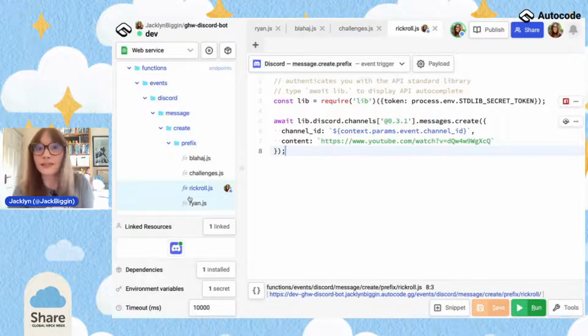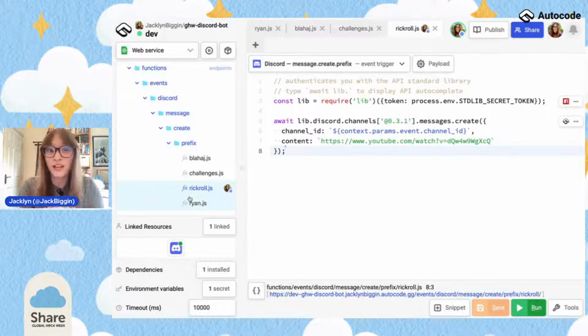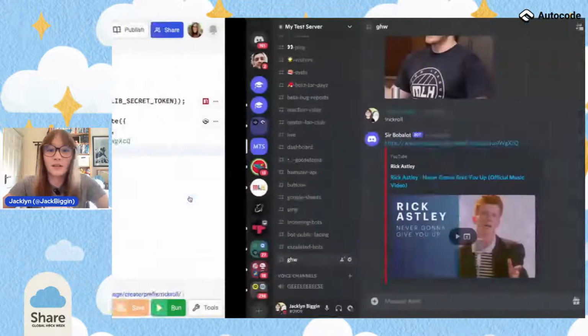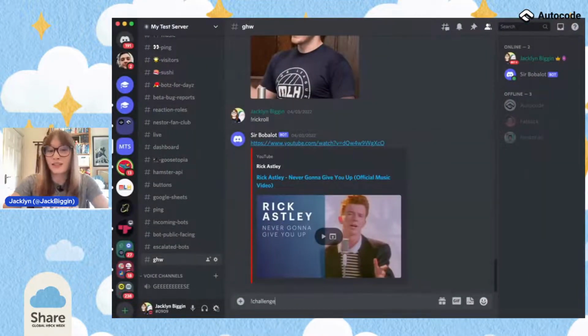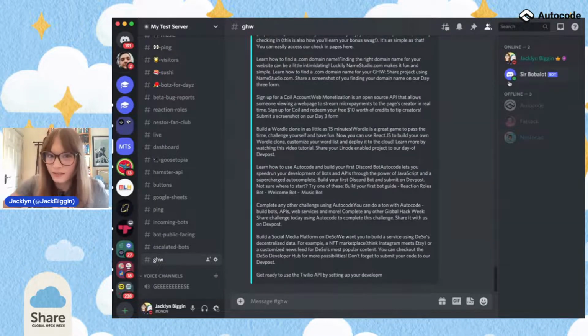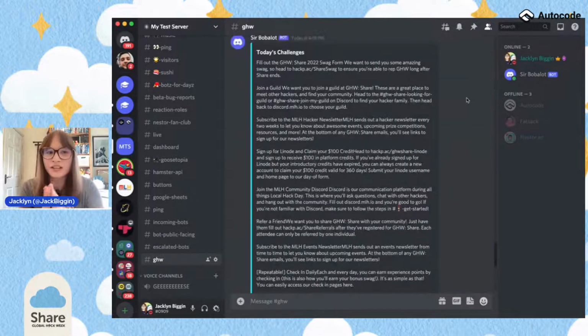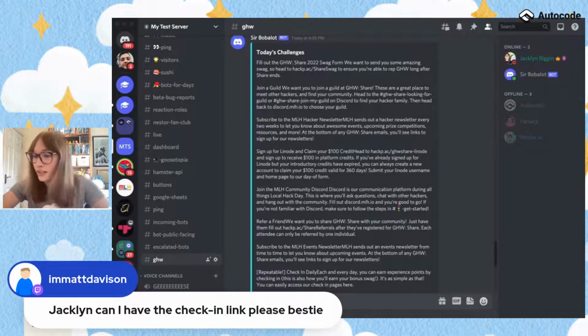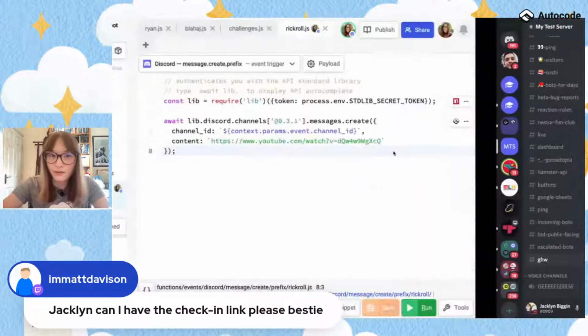If you missed that, these are just simple Discord prefix commands, which send some data into our Discord channel. So for example, I can use exclamation mark challenges and it'll give us our challenges. Today I wanted to show you how to go to the next level, because building Discord bots and just making them send messages is cool, but I want to show you how to make your Discord bots do really cool things which you've never been able to dream of.